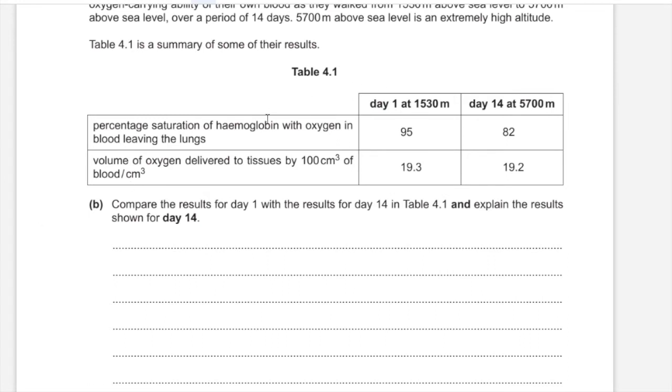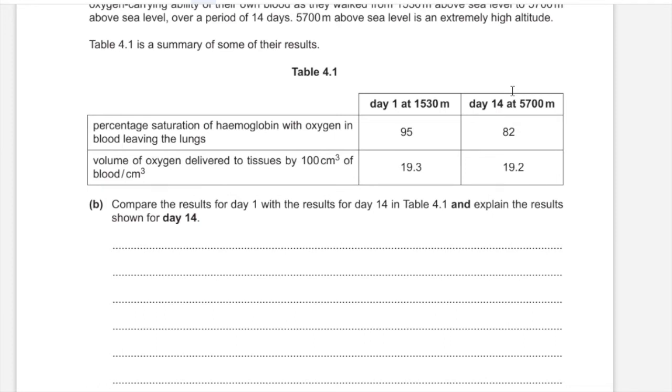Percentage saturation of hemoglobin with oxygen in blood leaving the lungs, as you can see, is much higher at day 1 at a lower altitude than the percentage saturation at day 14 at 5700 meters of altitude. And that is so because at higher altitudes the partial pressure of oxygen is lower, which reduces the affinity of hemoglobin for oxygen, and as the response of the body to that change,